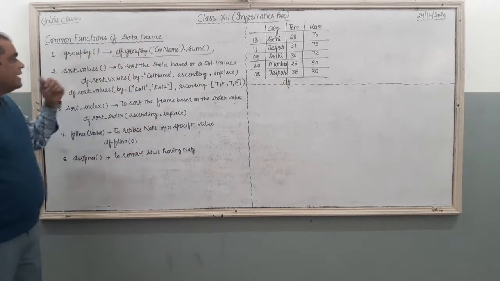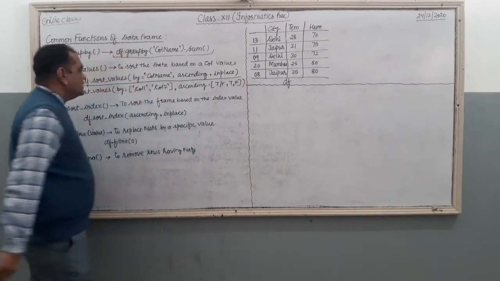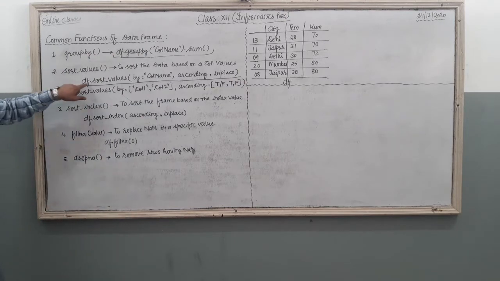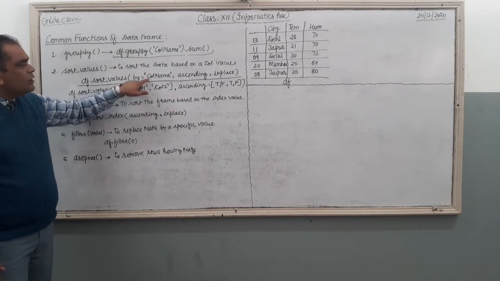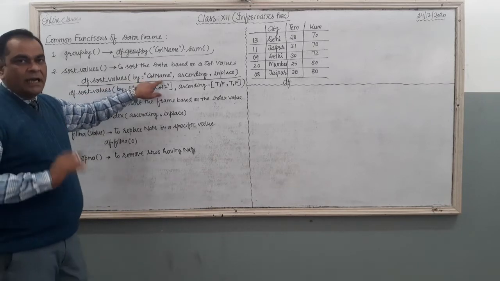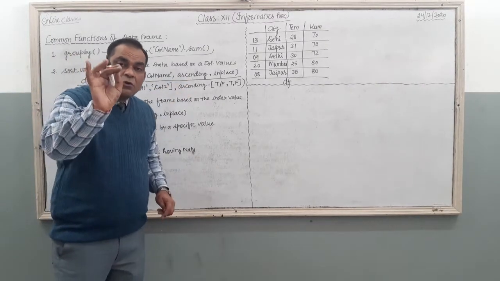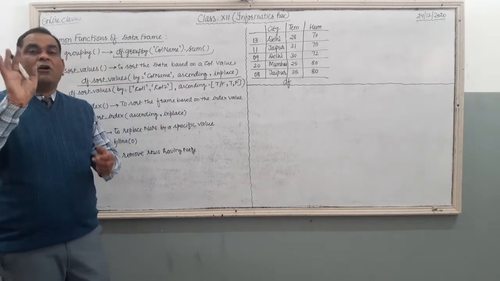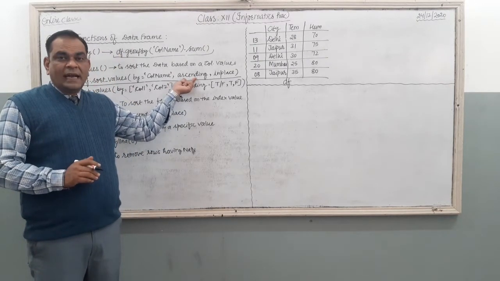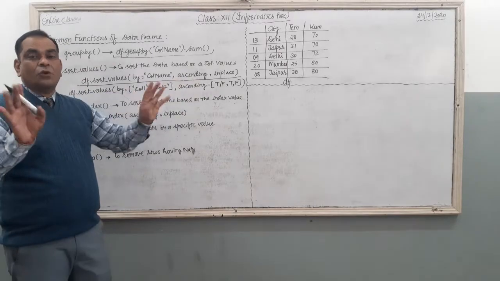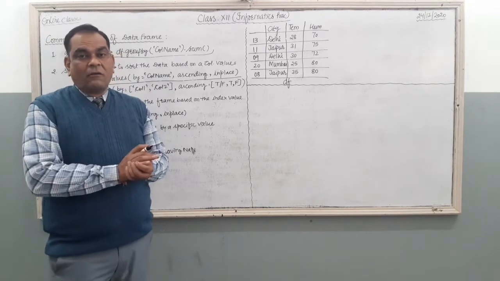So here what is the syntax, or we can say what is the proper formula to put this sort values function? df dot sort values by equal to, by is in small letter, equal to column name. You just provide column name over here, and then ascending equal to true, or you can use ascending equal to false. Here the values of this ascending attribute are either true or false, right? By default the value of ascending is true. If you skip this part, computer is going to arrange the table in the ascending order, right?